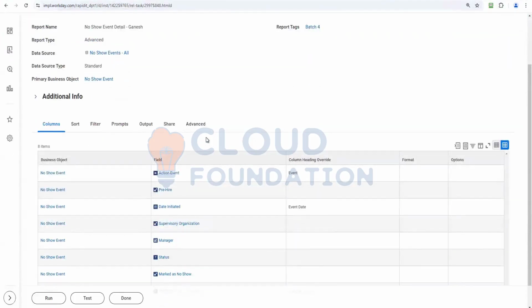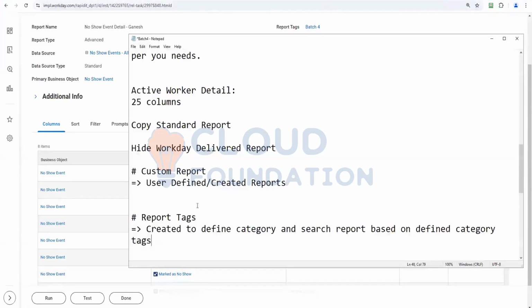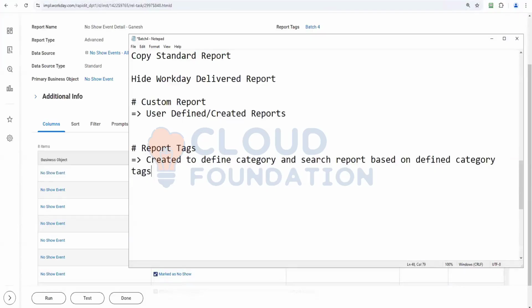Then there is another option in this report. That is something I'll come to later, when I actually start showing you how to build a report. So basically we have covered this report tag. Now the next topic is